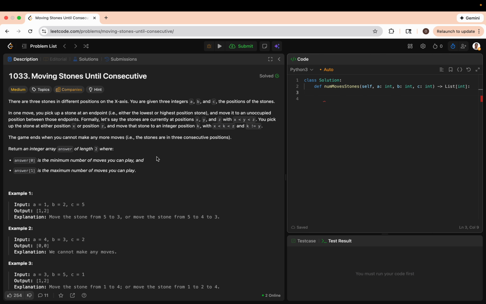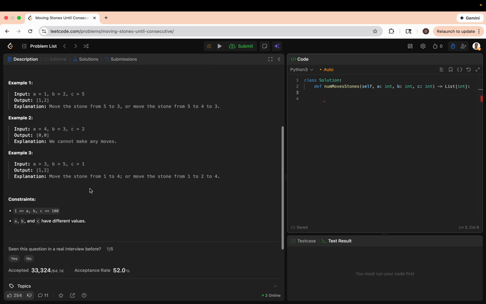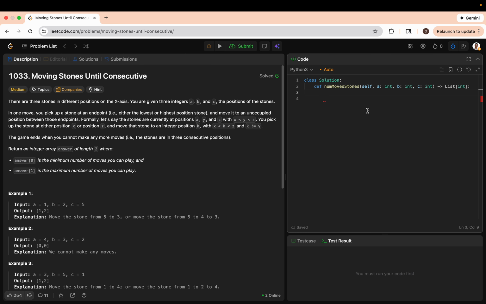So this is question 1033, Moving Stones Until Consecutive. So basically it's a medium question and the constraints are pretty small. So let's go over it. You have these three stones in different positions, and you basically just want to make them consecutive, right? So 1, 2, 3, or 2, 3, 4, these are consecutive, right? So that's how you want to do it, and you want to return the minimum and the maximum number of